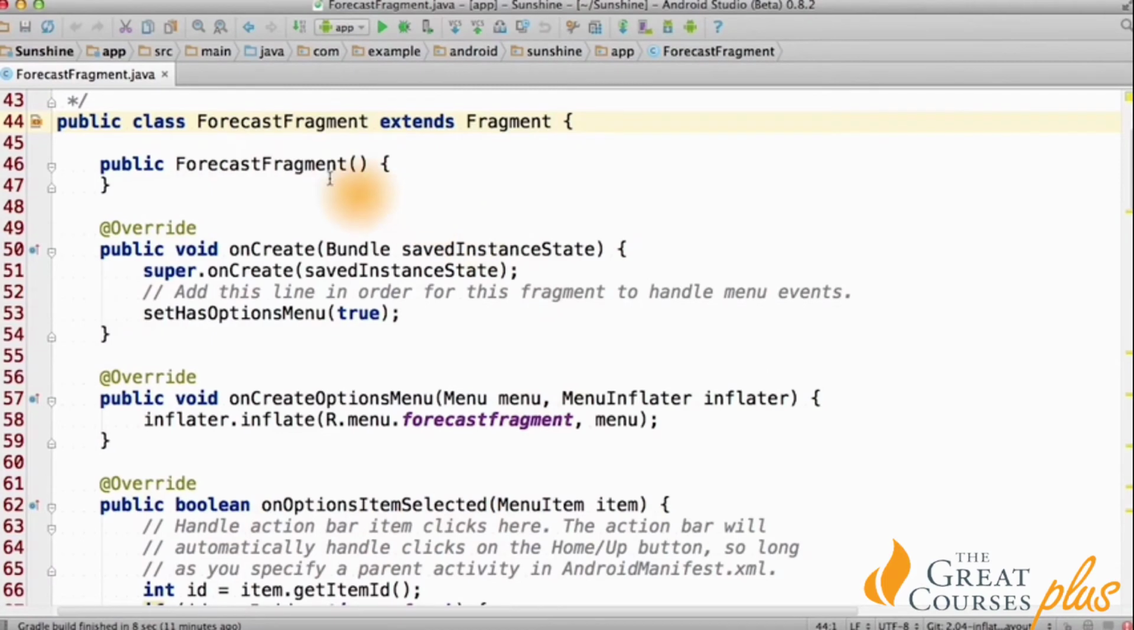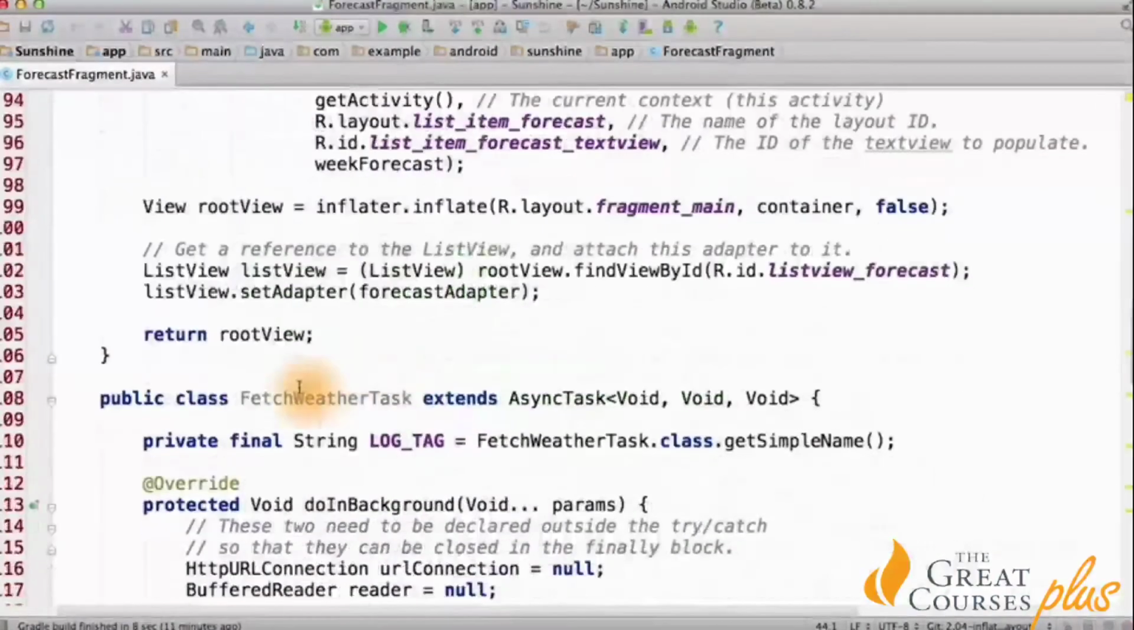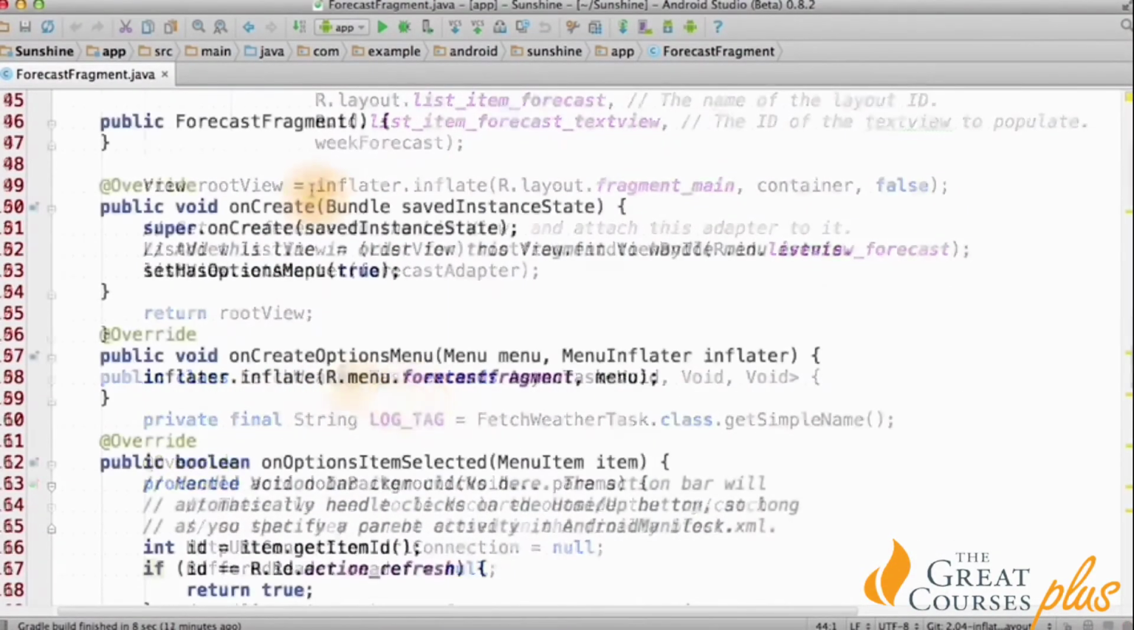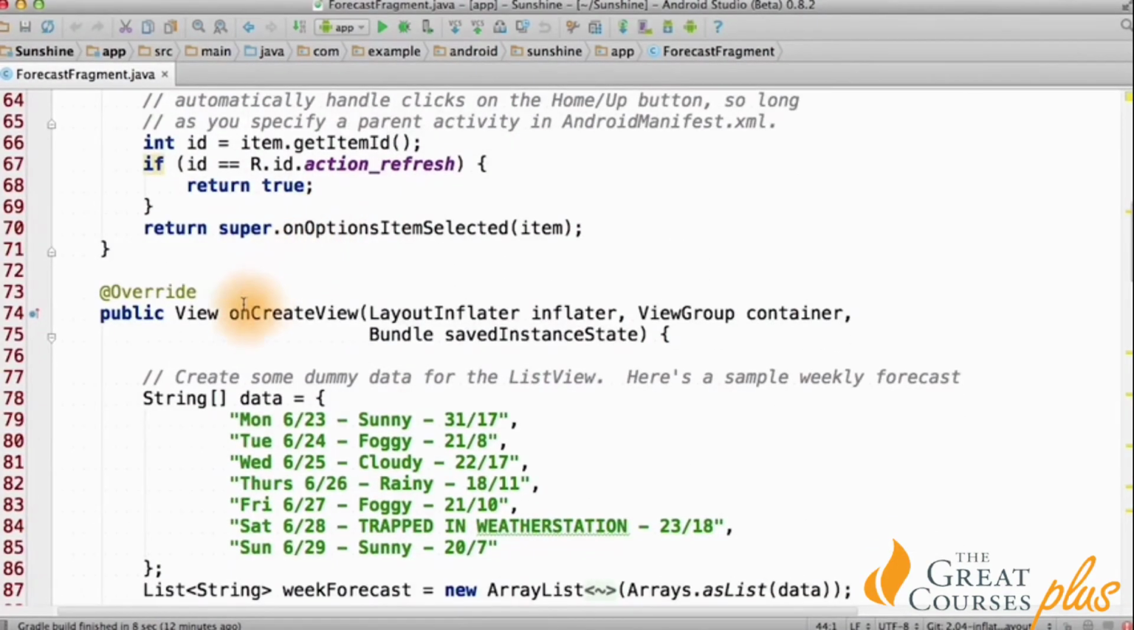And this is where the fragment inflates the menu. Remember from before that in the forecast fragment class, we have a public empty constructor, and we also override onCreateView. We also define fetch weather task here. Now we're going to override an additional fragment lifecycle method called onCreate. This is where the fragment is created, and this happens before the onCreateView method, which is where the UI gets